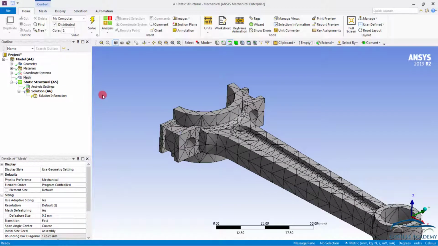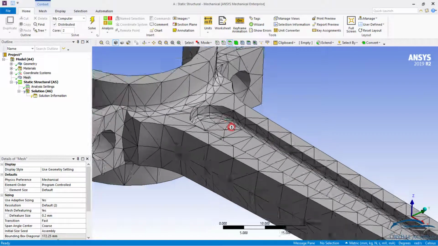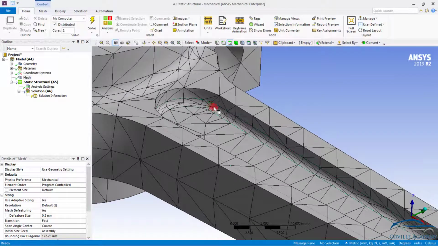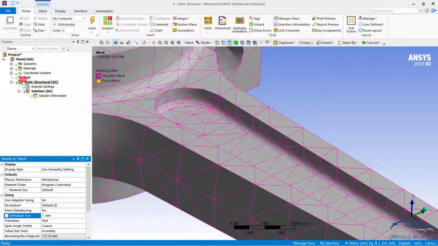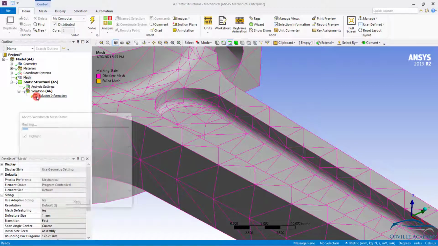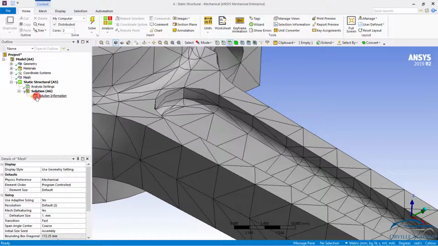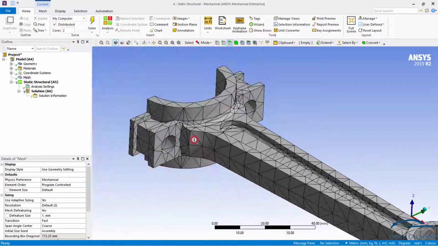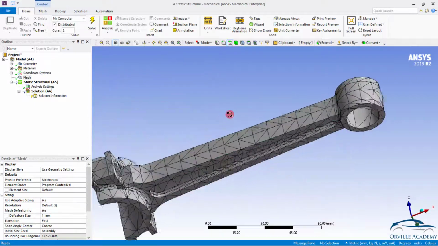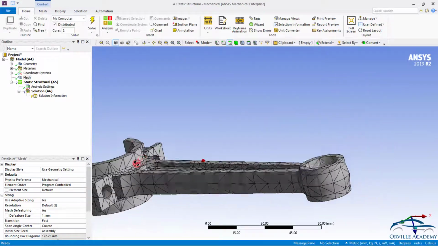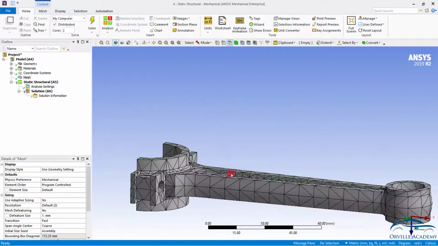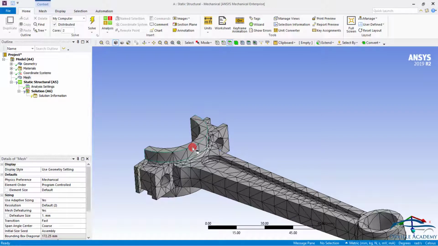As compared to the previous one, it looks much better, but here the two layers of elements are still getting placed, which I didn't want. So again, let us set the feature size to 1 mm and go for generate mesh. Now as you can see over here, the curvature has been removed and only one layer of elements is getting created. Not only that, our original CAD is remaining intact.